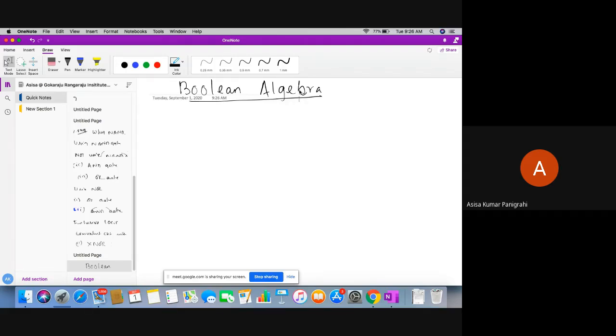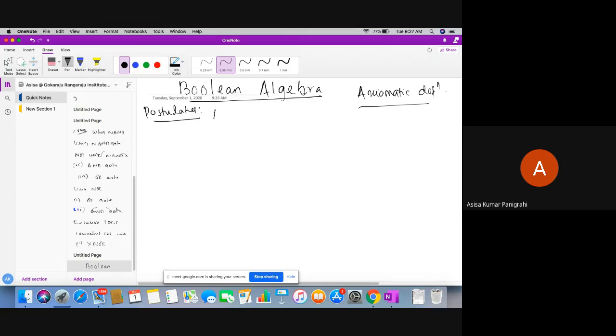Before starting Boolean algebra, I will tell you one of its important definitions, the axiomatic definition of Boolean algebra. What is that axiomatic definition? Before going to that, another important thing: postulates. What do you mean by postulates, students? Does anybody have any doubt? Postulates are nothing else but assumptions that are taken for granted.